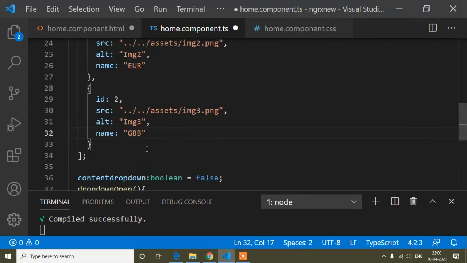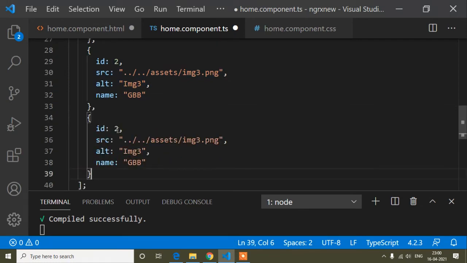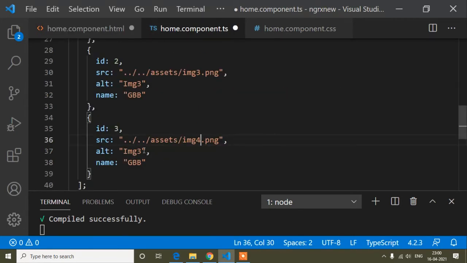GBP, and I will create one more. So I will copy, comma, paste. So ID is 3 and image is 4, because you can see here just image 2, 3, 4. This way I have saved all the images, so that's why I'm just changing the name to 4, and the alter tag is 4, and here is AUD.